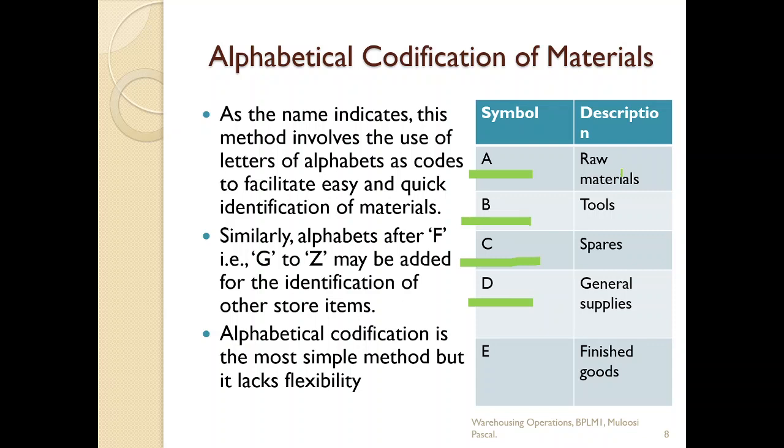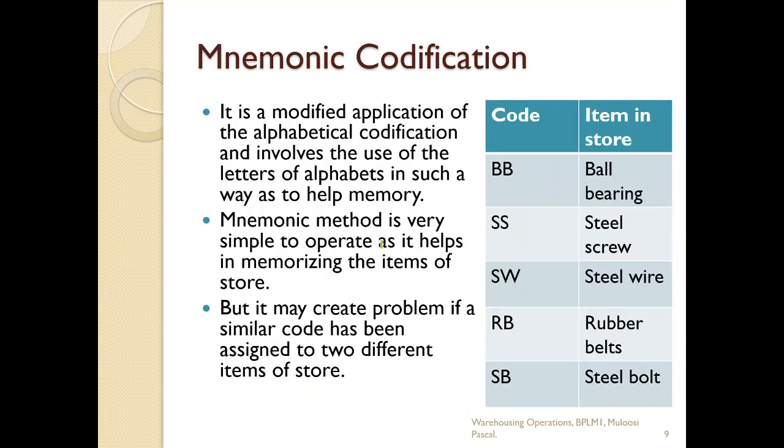Because you'll find that raw materials may be several also. That means you have to put a provision for the second part of the raw material. The tools, it may be a hammer, it may be a screwdriver. If B is the master, then you may think of having a second letter to cater for the kind of raw material. But here we're looking at alphabet, which takes us to